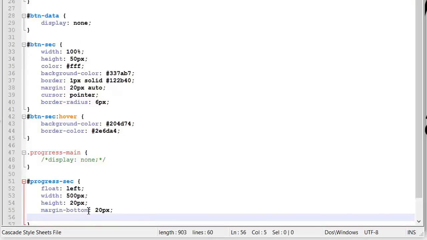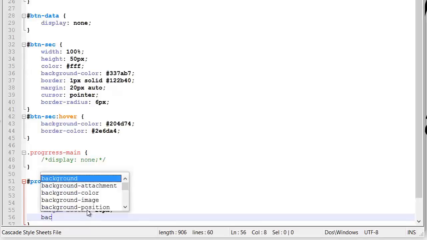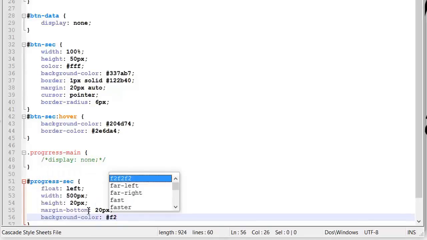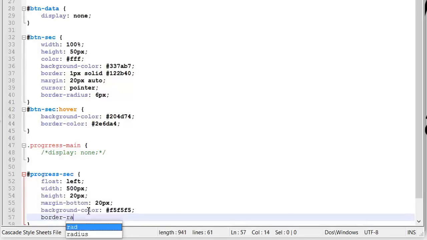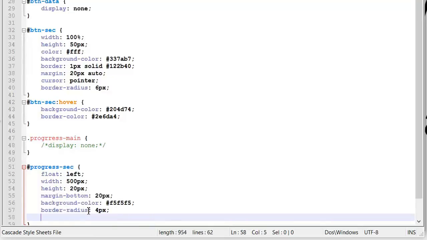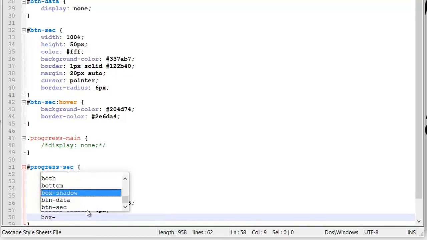and we can say background color, that's the important thing, the same, which does not have much difference from white. Then border radius 4 pixel, I guess. Border radius done, and now box